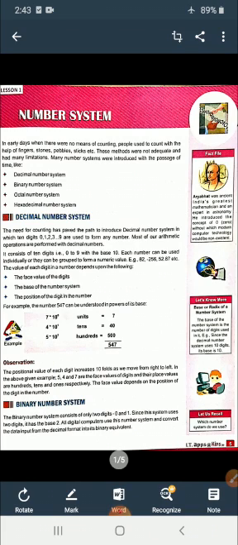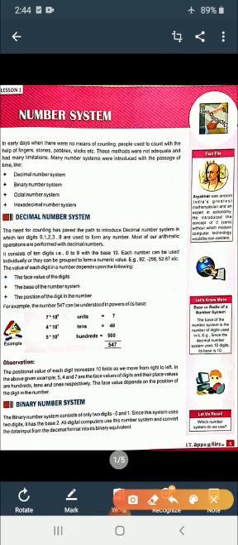Firstly, let us learn what a decimal number system is. It consists of 10 digits: 0, 1, 2, 3, and so on till 9. So it has 10 digits and is said to have base 10. Most of our arithmetic operations are performed with decimal numbers. Each digit can be used individually or they can be grouped to form a numerical value like 82, -205, etc. The value of each digit in a number system depends upon the following.